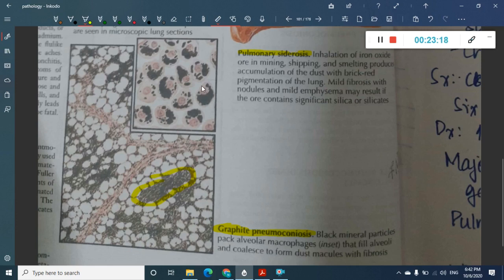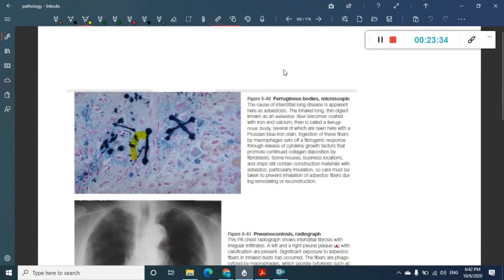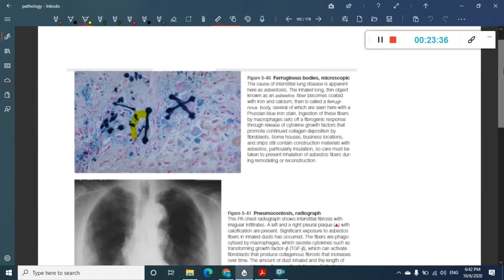See, this is the macrophage. In this macrophage you are able to see these black materials. So these are black material macrophages which are seen, and this is graphite pneumoconiosis, with alveolar macrophages. Then those are the pictures from Netter's. Now these are the pictures from